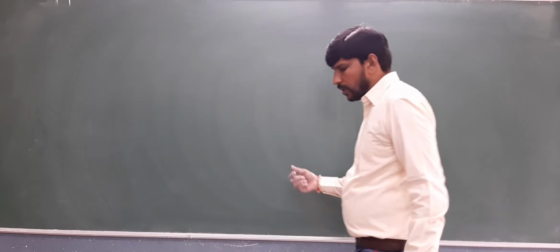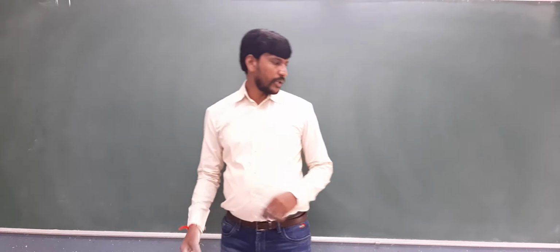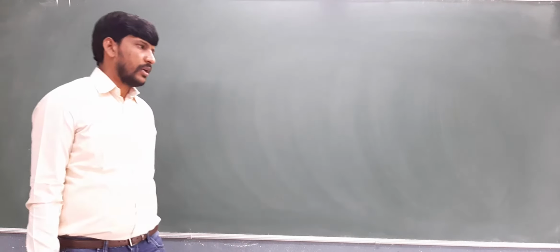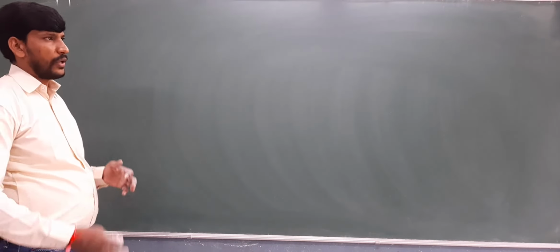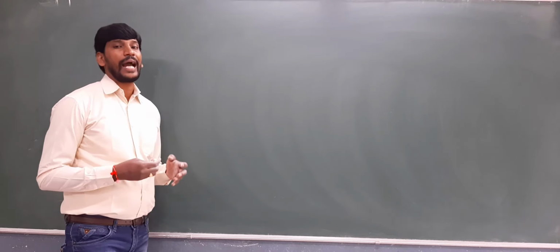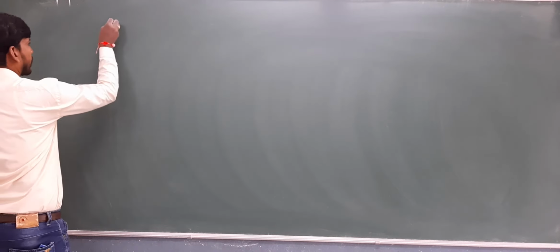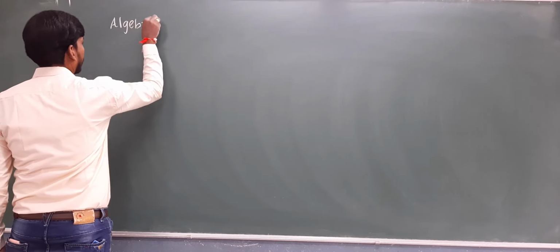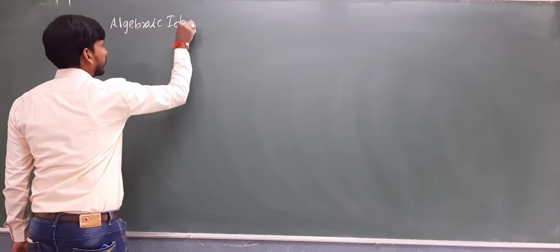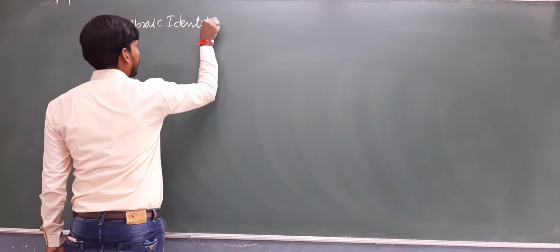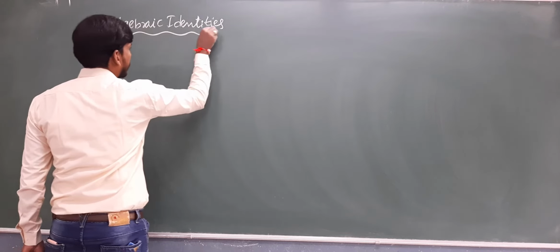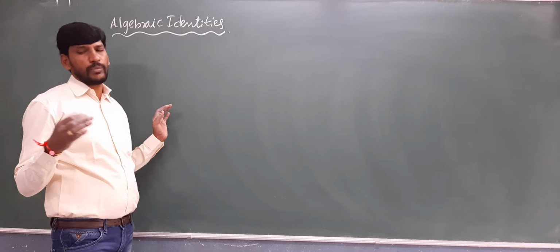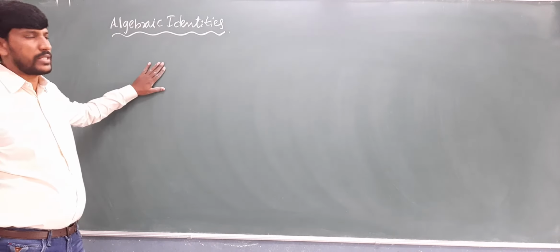Children, so till now we discussed how to factorize a quadratic polynomial and how to factorize a cubic polynomial. Okay, now let us move to the next topic, a continuation. The next section is algebraic identities, which we already discussed in 8th class. What is that? Algebraic identities. See this here. Here there are 4 basic identities. We have almost 8 or 9 in total. First of all, we are going to discuss the first 4.